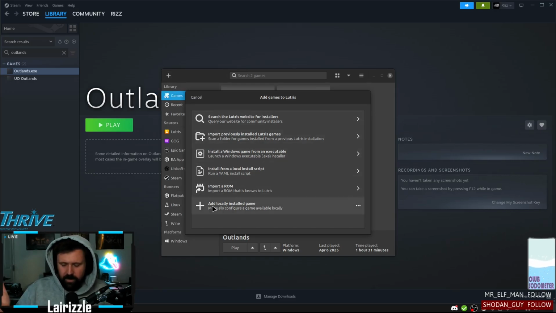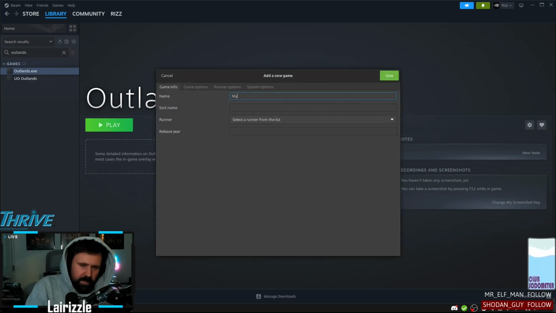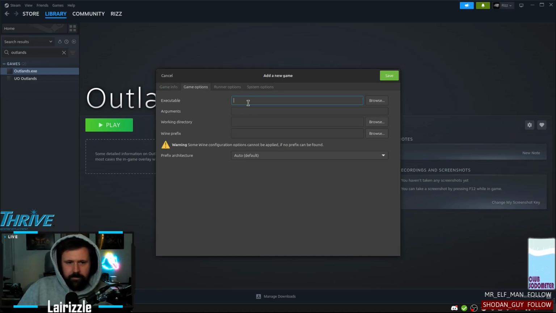Lutris, if you game on Linux, I'm assuming you know what that is. You can go Add Locally Installed Game. We'll call it My Outlands. We'll select Wine as the runner, and then it'll say executable. So